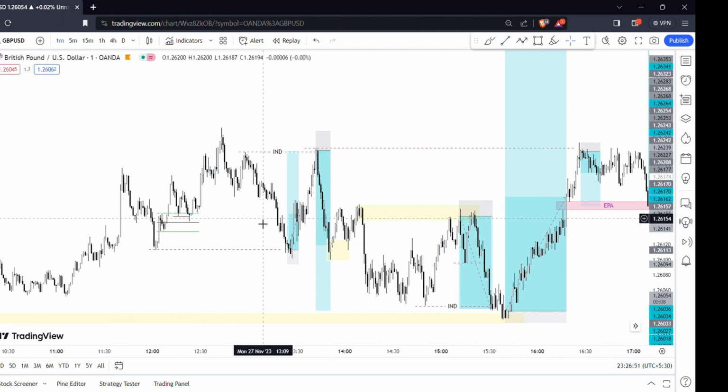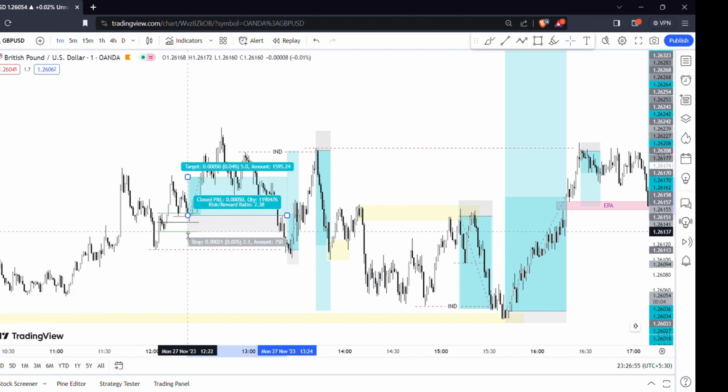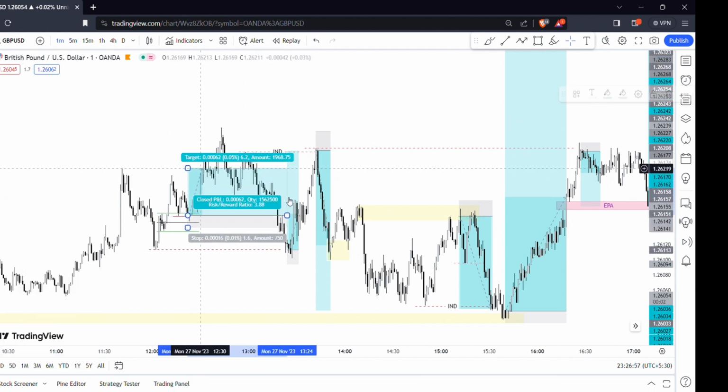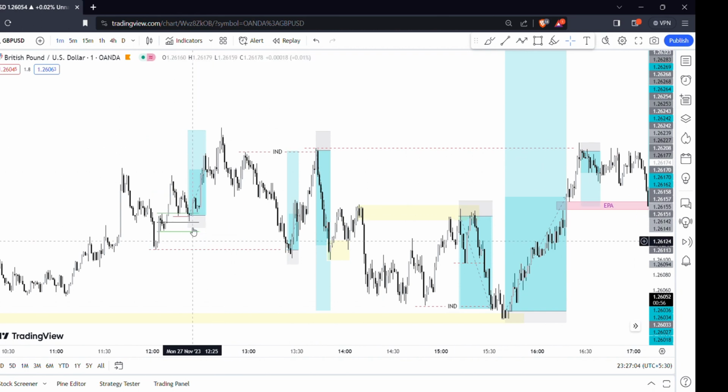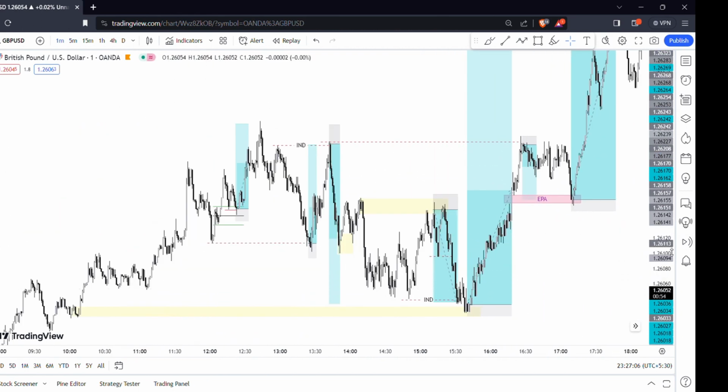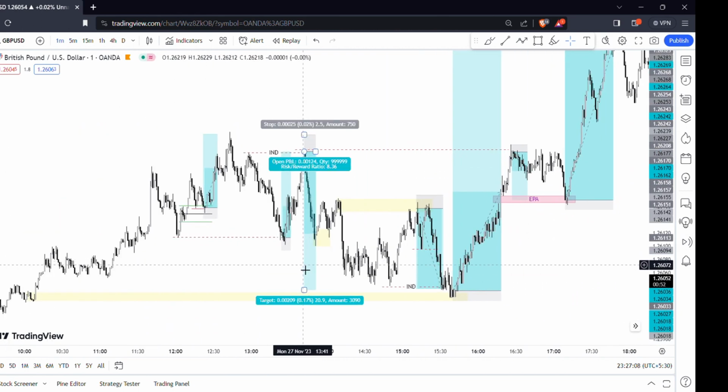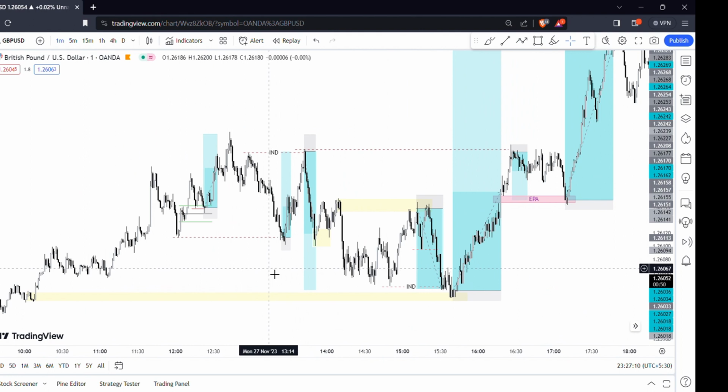This is the early buyer's liquidity. Liquidity got taken out. Pattern. Simple trade. I can target this liquidity, and the second target I can target this. Simple things, but you should be very disciplined in trading. So first thing first, you should understand where the market is going.